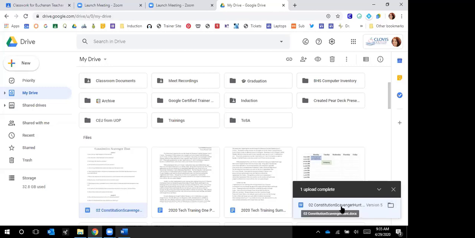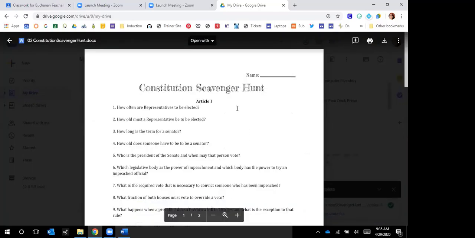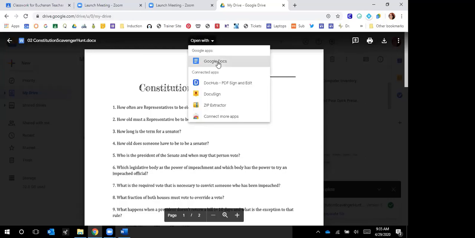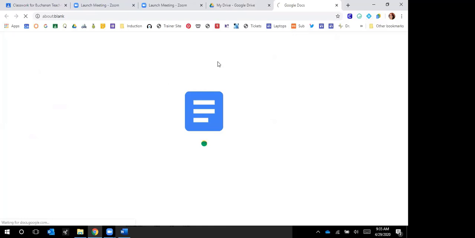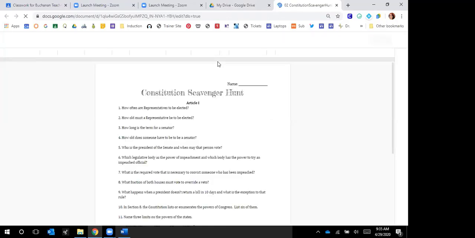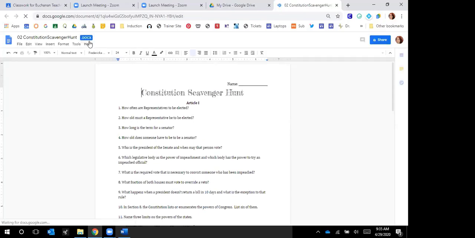So once this is done downloading, you just open it and you'll see that it has been converted, but it's still a Word document. So you want to go to this drop down, open with Google Docs, and it's opening. While this may seem like you have completed the steps, there's actually something you need to change. If you look up here at the top left, it says your title, Constitution Scavenger Hunt .docx. What that means is it is still, in fact, a